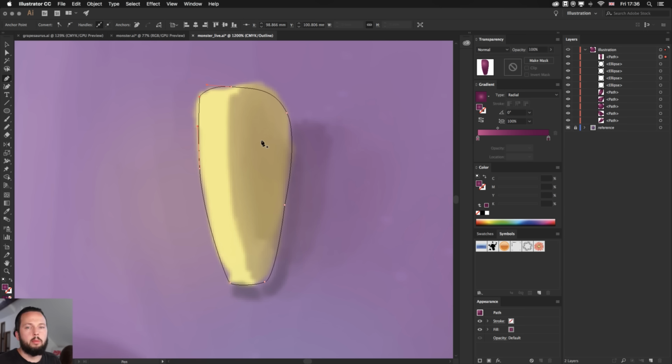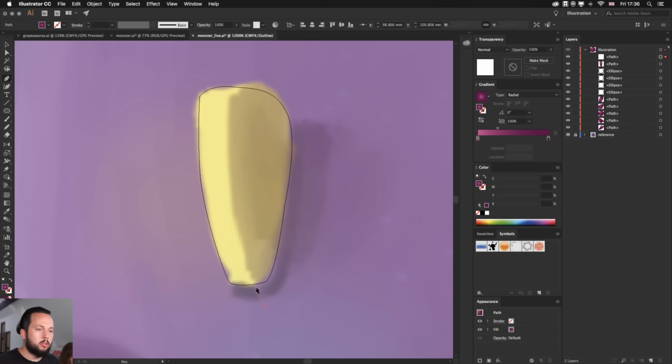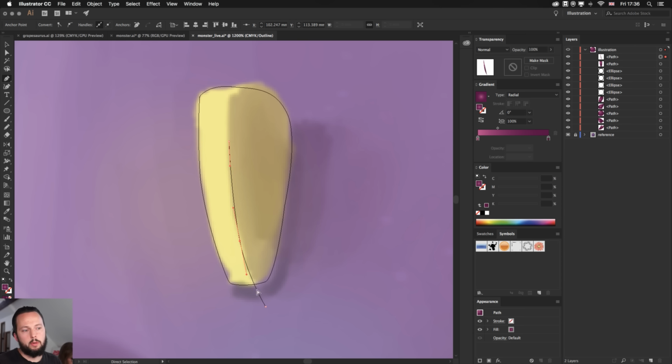So we have our shape in place, but to get that little edge there, I am going to start drawing another line. Holding down spacebar, I can move this in place. By the way, if you hold down the Control key, you can also very quickly get back to your previous points if you need to adjust them while still drawing with the pen tool. So Control or Command key for previous anchor points, and the active anchor point you move with the spacebar. These two keys are probably the most important when you work with the pen tool. So I have this nice shape here created, but notice how I went beyond the edges.